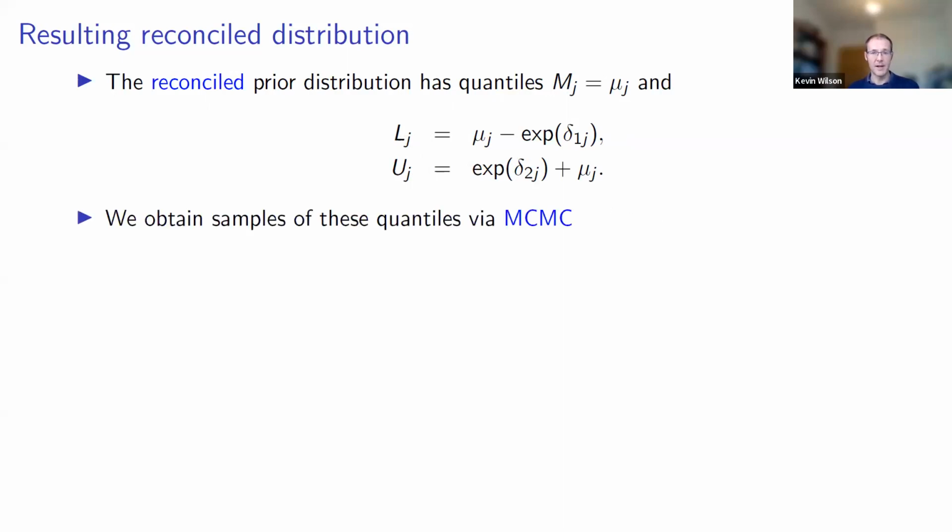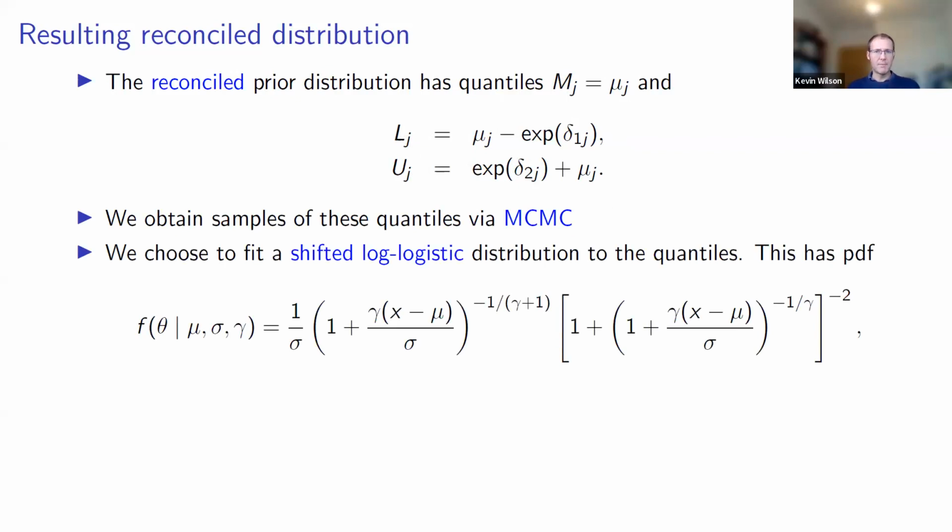So we obtain these samples via Markov chain Monte Carlo methods. I used RJAGS in R for this task, but you could use your favorite software for doing that. Then we've got samples from the decision maker's posterior distribution, which is going to be our aggregated distribution. So we have to somehow have some distribution which has these three quantiles here. So we could fit a non-parametric distribution, we could fit whichever distribution we wanted. In this paper, just so we've got something that we fit so we can actually implement it in practice, I suggest fitting something called a shifted log logistic distribution to the three quantiles.